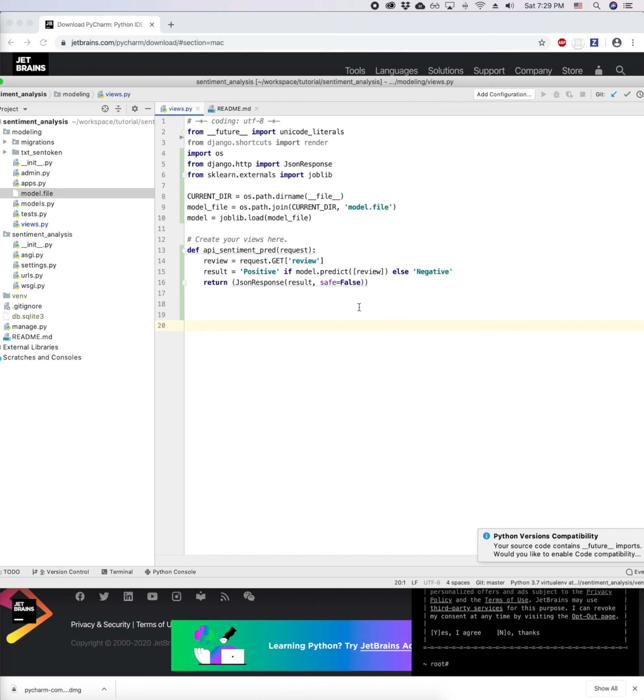So here, I am trying to obtain a GET request, and the parameters from the GET request contain a parameter called review. Consider review a GET argument, and I'm getting the review argument from the HTTP GET request. Then I'm using the model that I just loaded on line 10, and I'm calling the scikit-learn predict function to make a prediction,